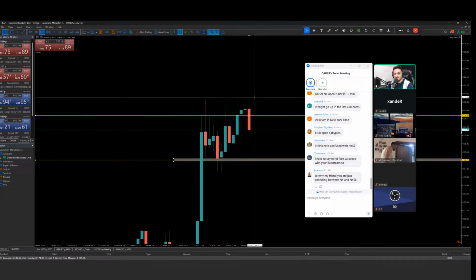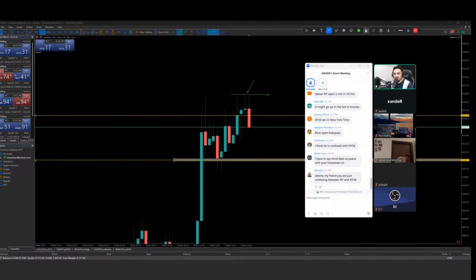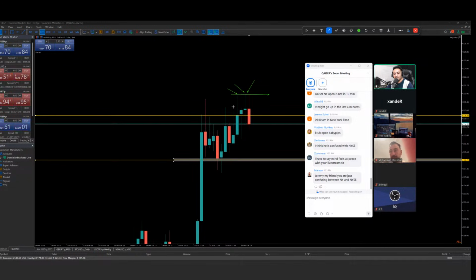See this one, it did not break above the high of the previous candle. So we secured money. Securing money means we made money actually. We didn't lose anything, so we actually made money. So this is what I'm expecting. Ask and bid price should have crossed both rejections in this scenario, but it did not break above the high, so no entry was taken there. So just secure our money.